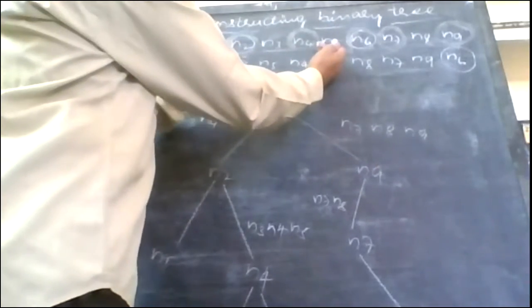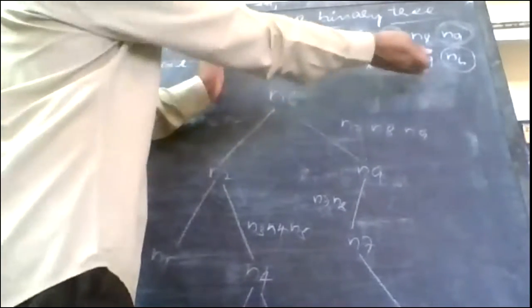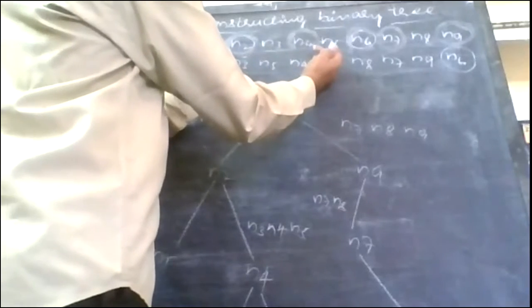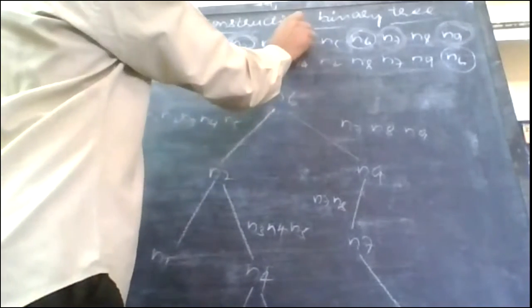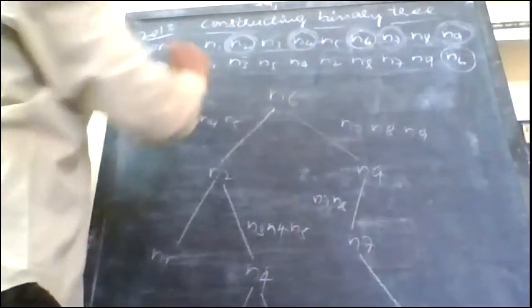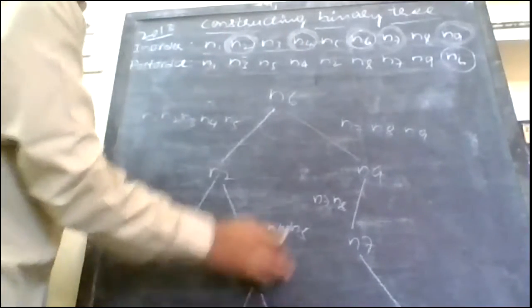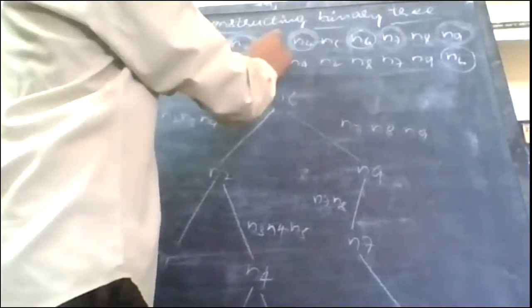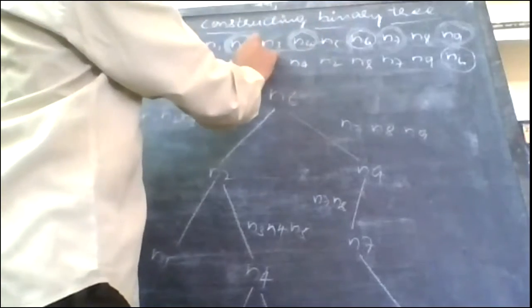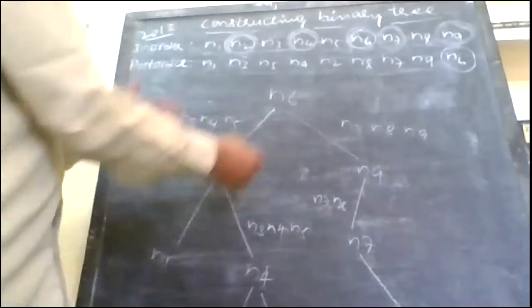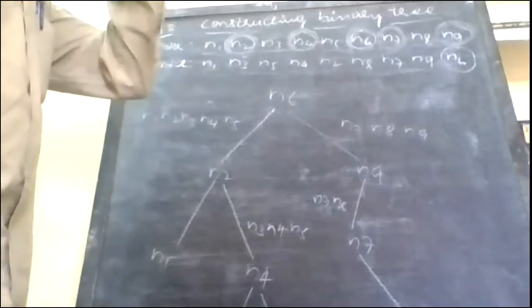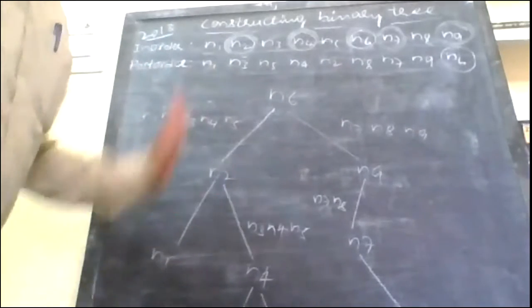Now already this is over. Again I need to scan from right to left. If I do so, I find the first element is N4. N4 means that is the root. So I have to mention that in inorder. I write it as N4. Then look at the nodes which are on the left and right side. N3 is on the left side and N5 is on the right side. Already I mentioned here, which means the left subtree of this binary tree is successfully constructed.